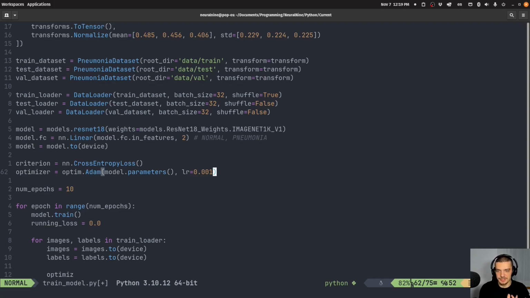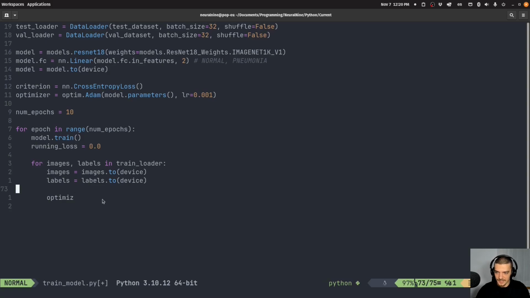Another thing that you could do is set all the layers to untrainable, and then set a couple of specific layers, maybe the top layers, to trainable. That is also a strategy that can sometimes work even better. But we're just going to do this with all of the model's parameters, learning rate of 0.001. And here we're going to say now